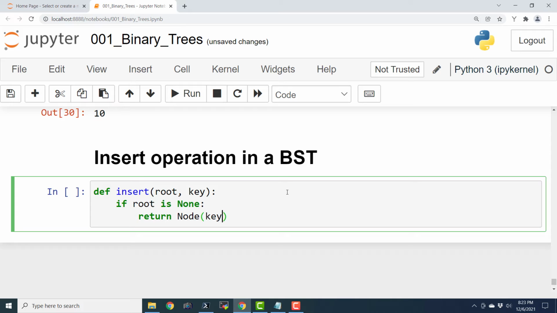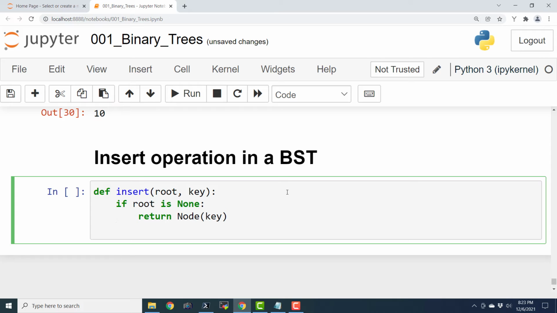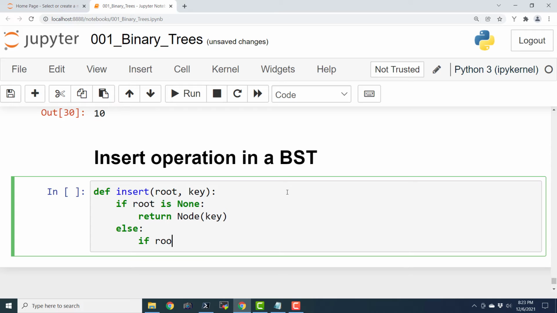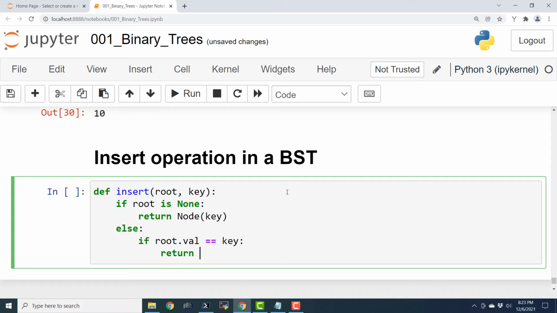This is the base case for our recursion. Else if root.val equals key, return root.